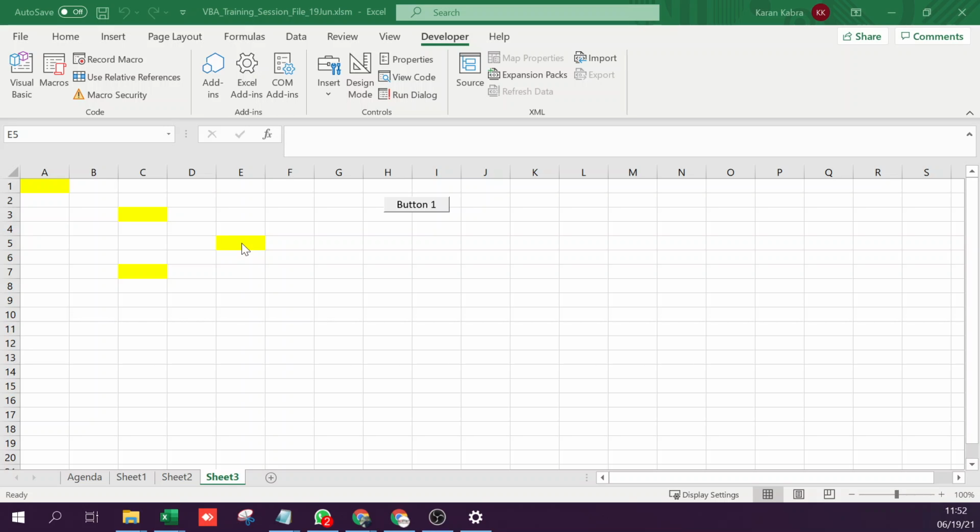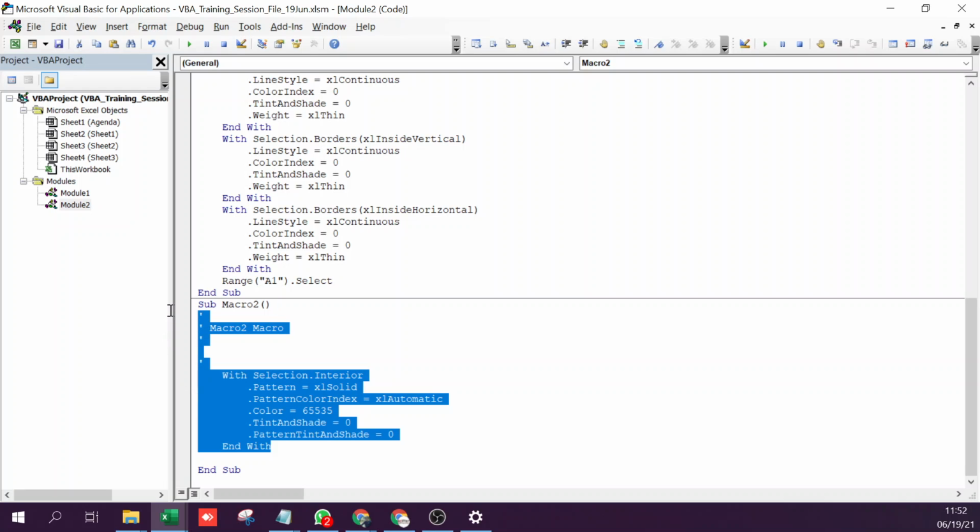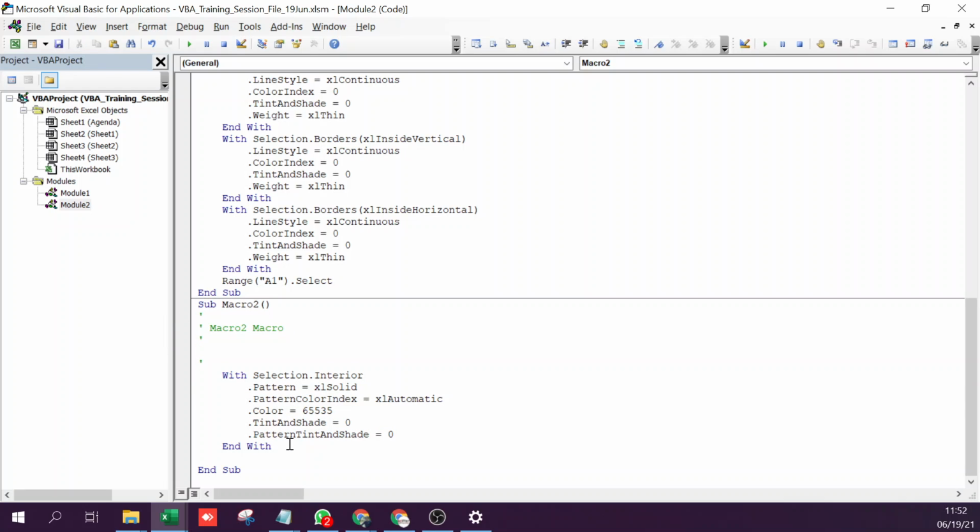So you need to know how to change this code. Whenever you record, you will see a lot of this word here, selection, which basically means that the selected cell is being referred. If you want to change this to another cell altogether, you can simply replace selection by any of the Excel objects that you want to reference.